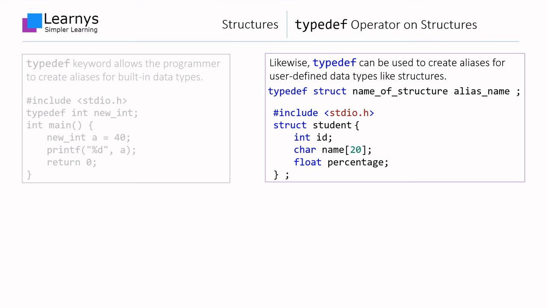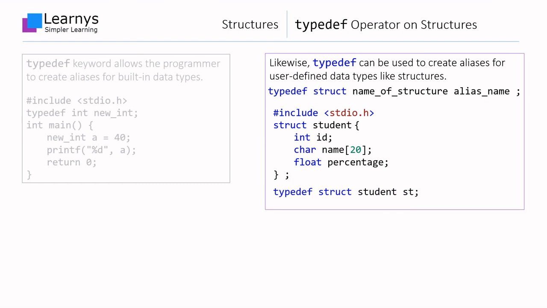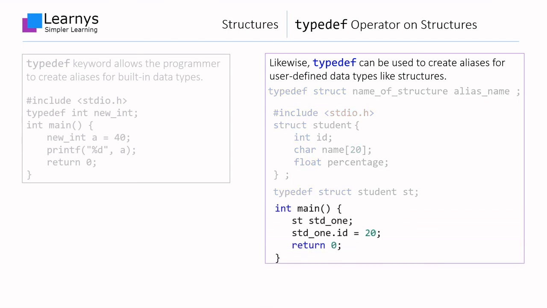This structure is then aliased using typedef to st. Once an alias has been created, new variables of type student can be declared by making use of the alias.